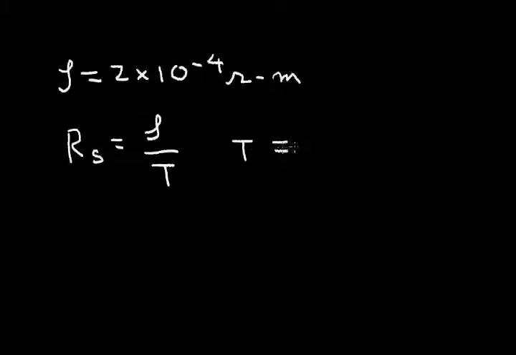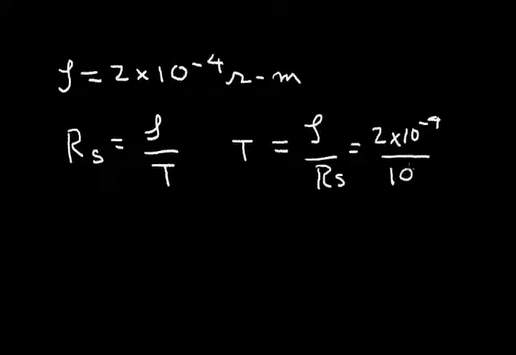T is equal to rho divided by the sheet resistance, R sub S, in this case, is equal to 2 times 10 to the minus 4 ohm meters divided by a sheet resistance of 100